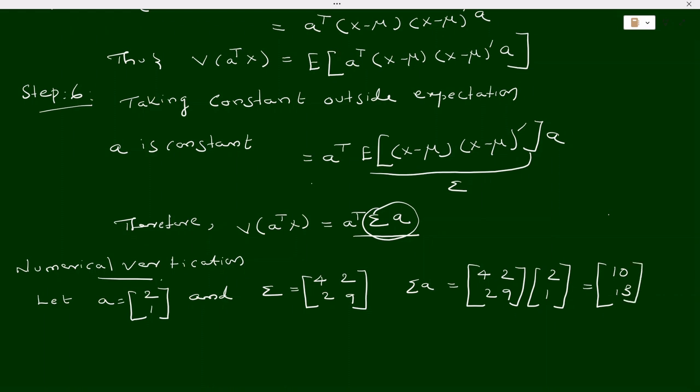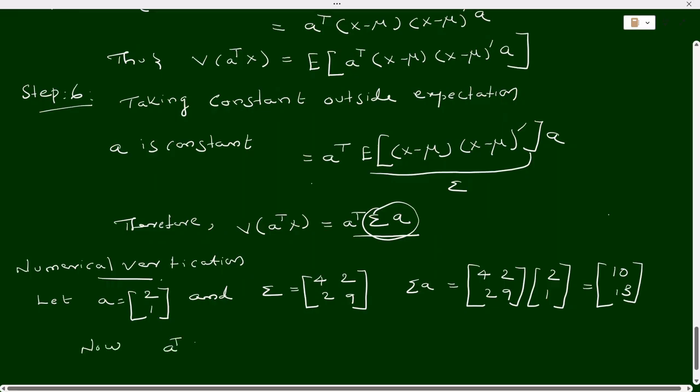If you multiply these both, we get 10. That is, 4 into 2 is 8, and 2 into 1 is 2, so 8 plus 2 is 10. Similarly, 2 cross 2 is 4, and 4 plus 9 is 13. So now